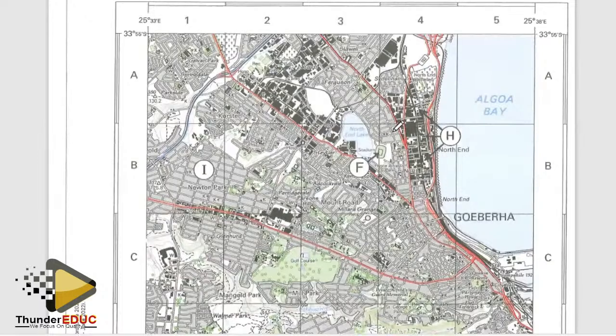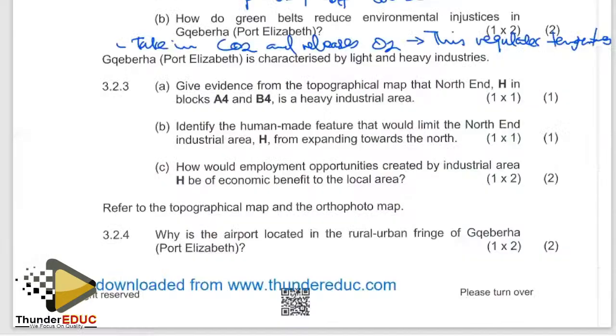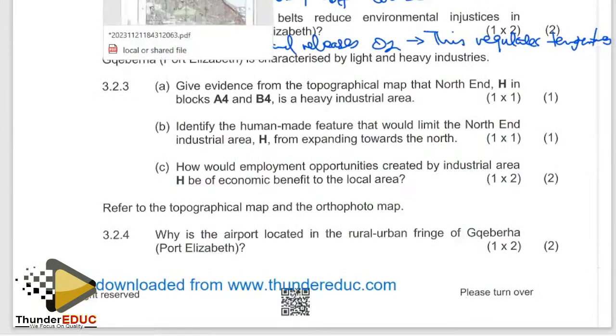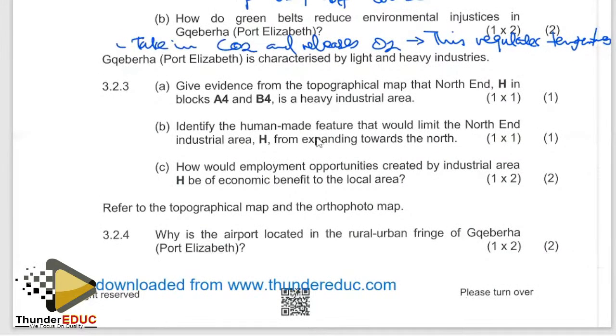Okay, why do we say it's a heavy industry? So you can see it's located on the outskirts, located close to the railway lines. There's a railway line here, okay, or the main transport roads. You can see that there are very big industries when you compare the plots that are being occupied there. So we can say here, located at the outskirts. Besides that, you can say located close to the railway line, transport routes,